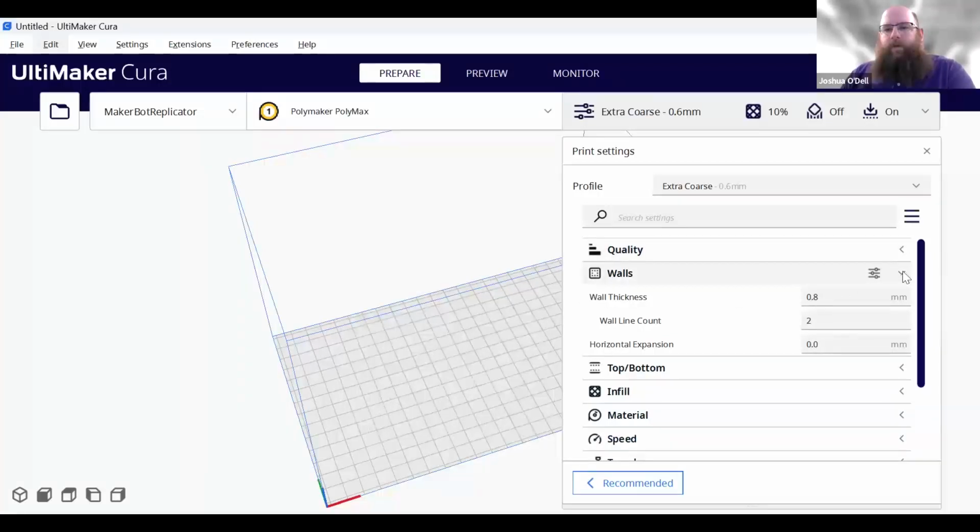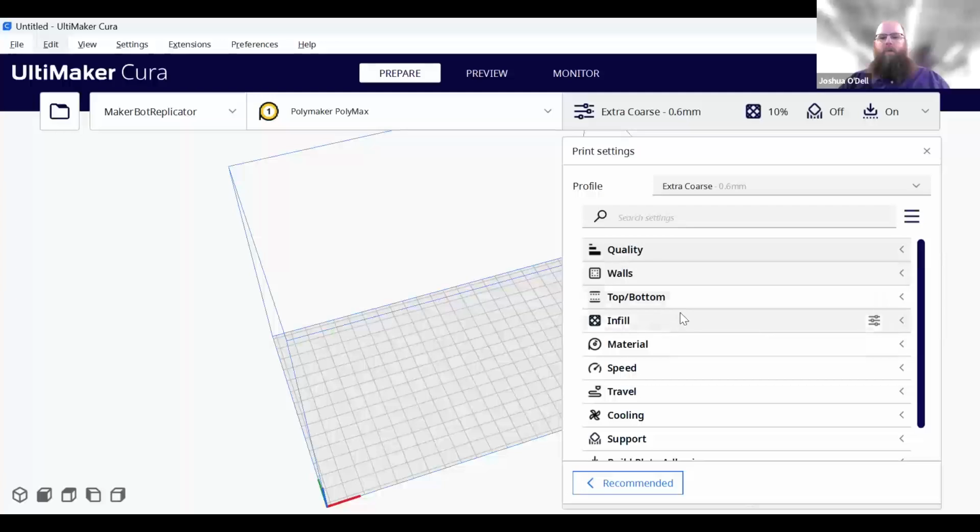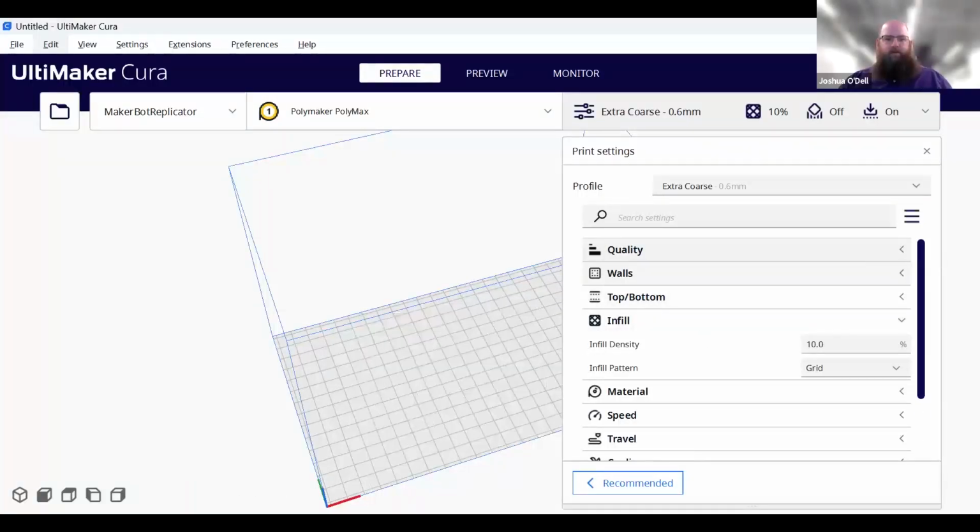This is going to be the same for top and bottom. There's going to be a solid layer on the top and bottom. You can pick how many layers are completely solid. 2 is pretty standard and works pretty well. And the most important one here is infill. So let's drop that